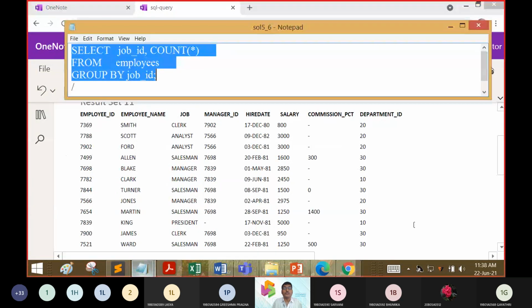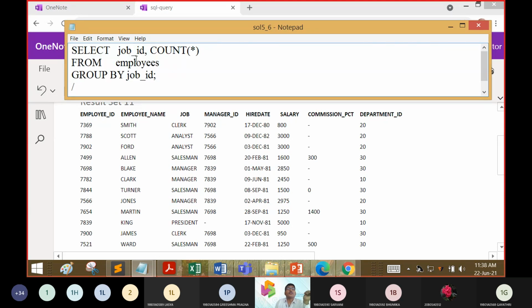This is the query: select job ID and how many records are there. Job ID for us is only job. Then you have to use a count function. Count will give the number of rows. Agreed.